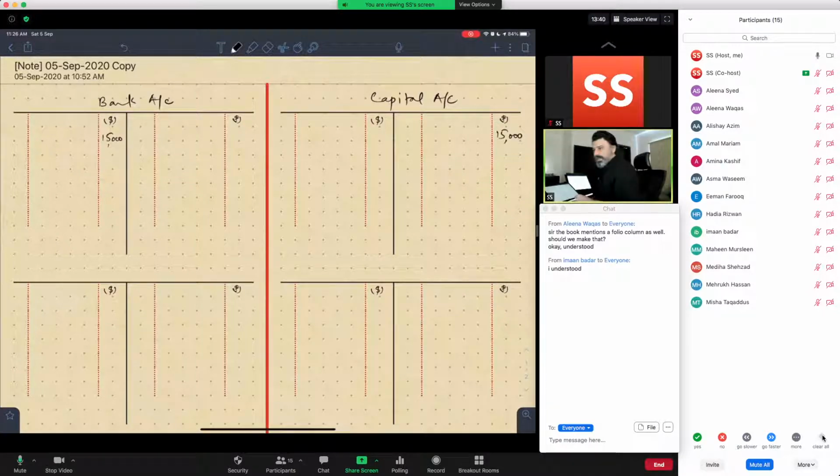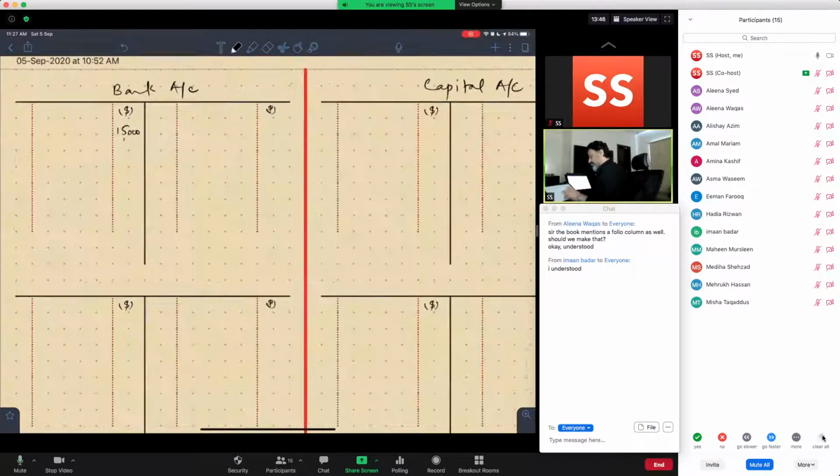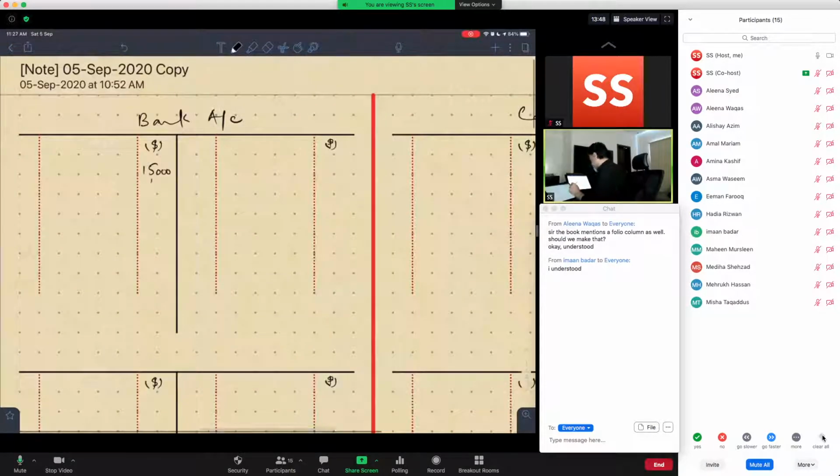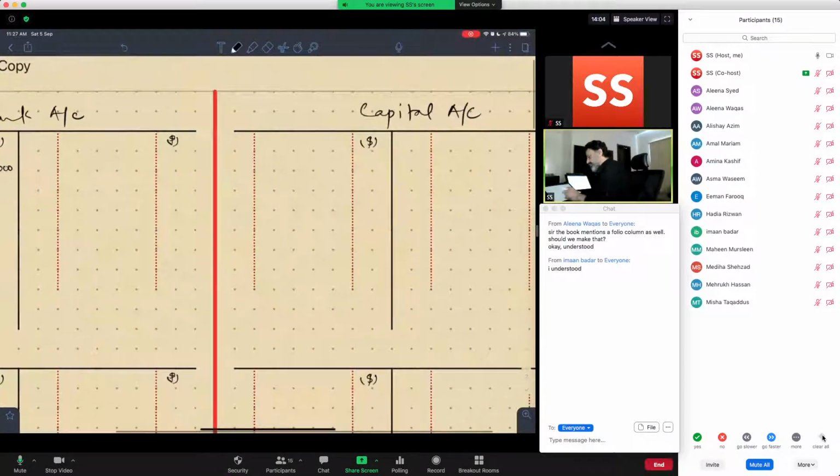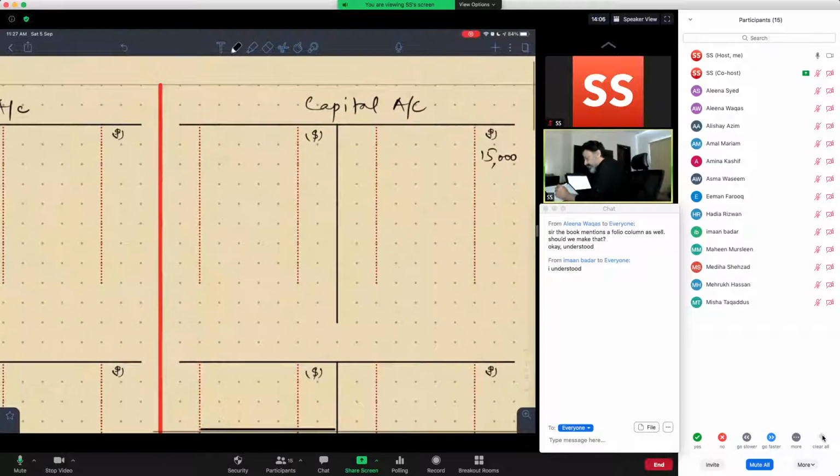Okay, and then we are going to put the dates and the other cross references. So in the bank account, I'm going to put 1st of July, 20x7. You just have to mention the financial year once on top, and then you don't have to mention it again, just once in every account, and that'll do. So July 1st in capital account, we will also put July 1st date 20x7,